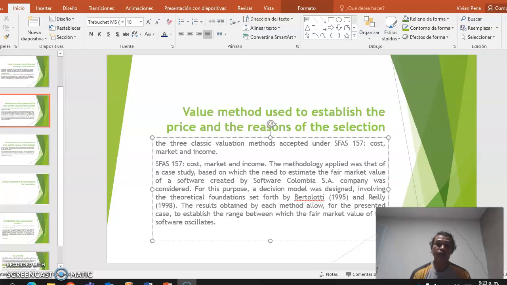I proceed with the active 6. I am going to talk about the evaluation method used to establish the price and the reason for its selection. The three classic valuation methods accepted under